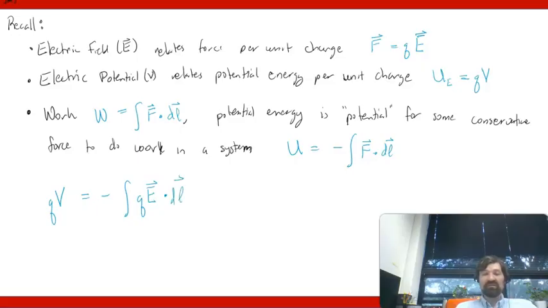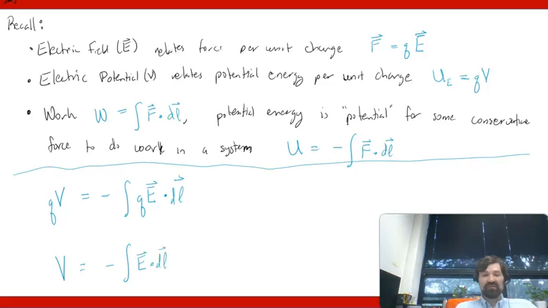And so I can easily divide out the Q's from all of these to get that V is equal to negative integral E dot dl. And typically what we do is we try to find the voltage drop between points A and B. So VAB is negative of the integral from A to B of E dot dl along the path taken